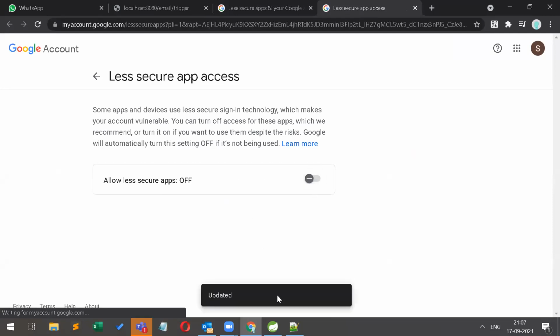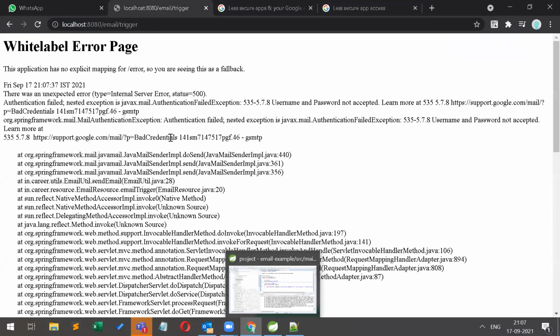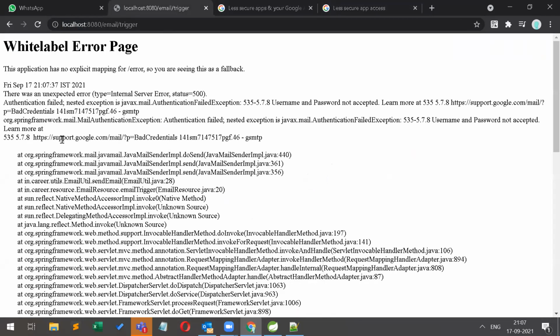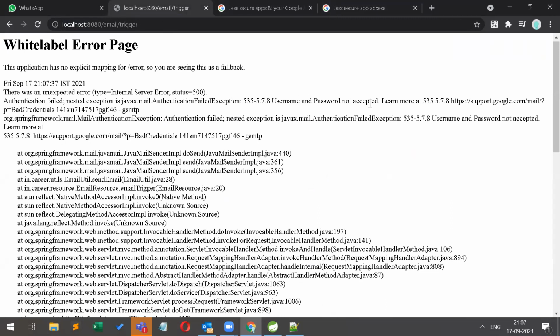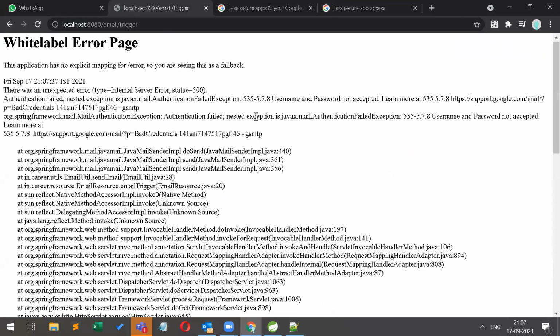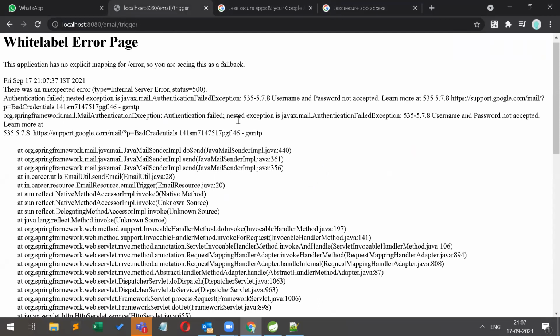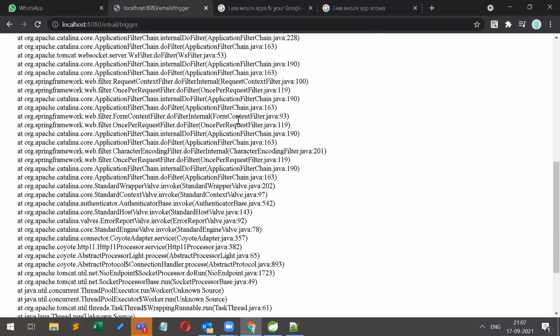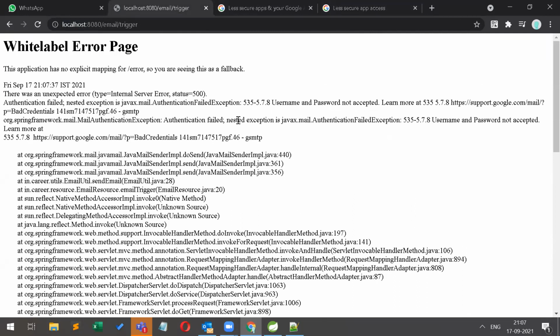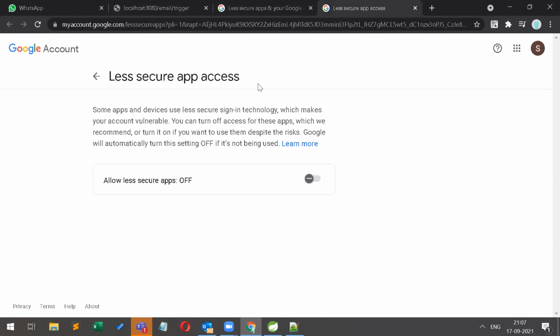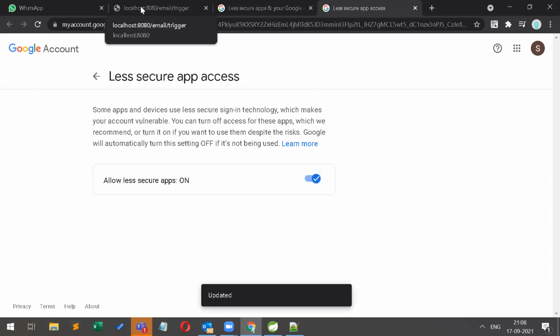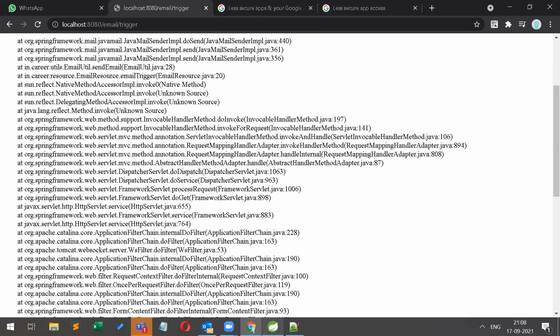If I disable it and trigger again, it will throw an exception. Look here: username and password not accepted, authentication failed, mail authentication failed. If you want to practice, you have to go to Google less secure app access and enable it for practice purposes, else you will get this exception.